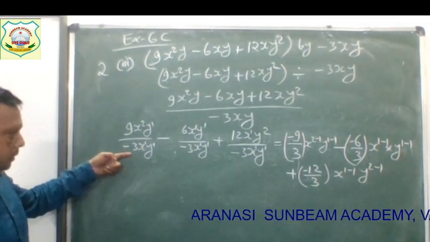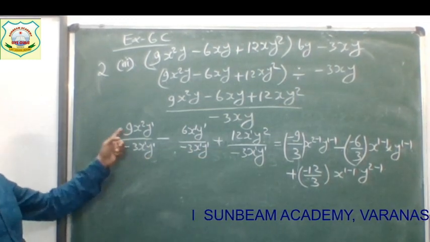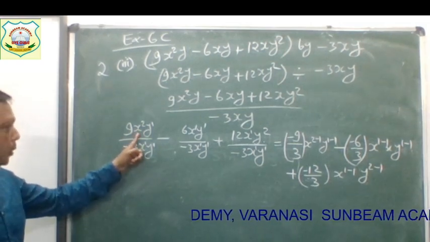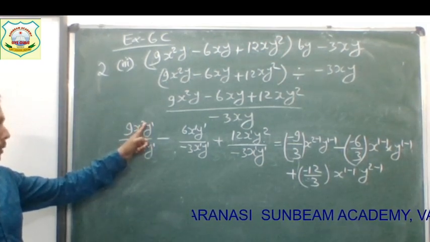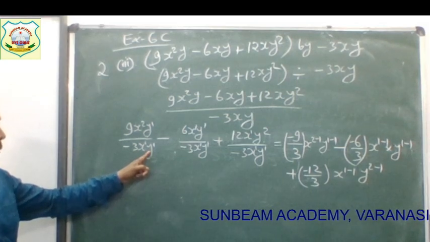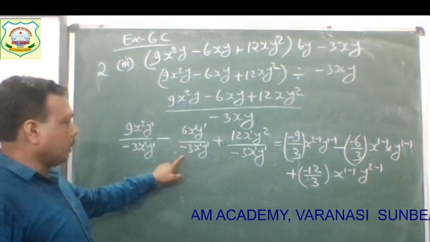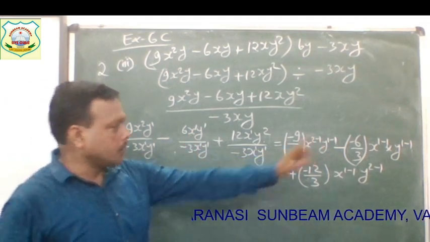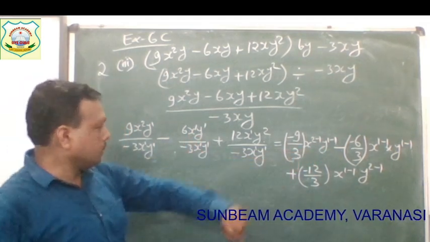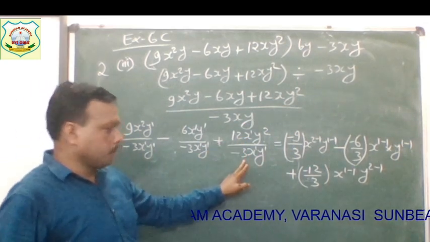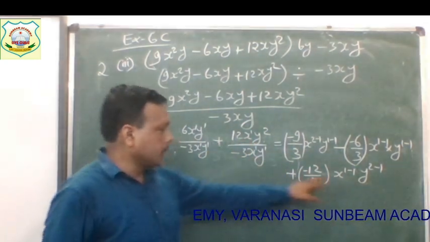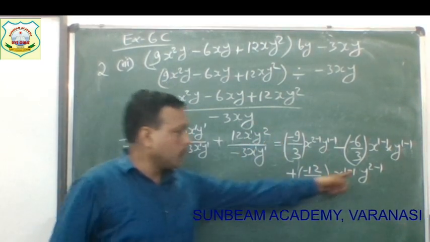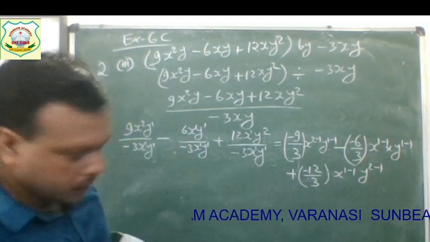9 upon 3, minus 9 upon 3, minus will be in the middle. x power 2, here x power 1, so x power 2 minus 1, y power 1, that is y 1 minus 1. 6 upon minus 3, minus 6 upon 3, and x power 1, x power 1, x 1 minus 1, y 1 minus 1, plus minus 12 upon 3, x power 1, x power 1, then x power 1 minus 1, and y power 2 and y power 1, so 2 minus 1. Okay, clear students? Next,